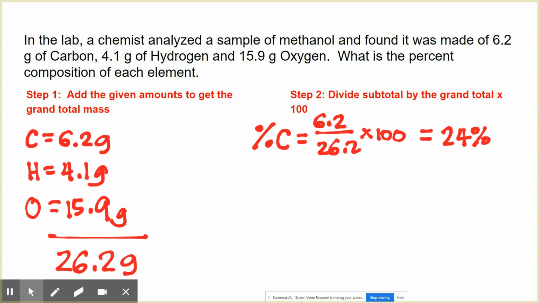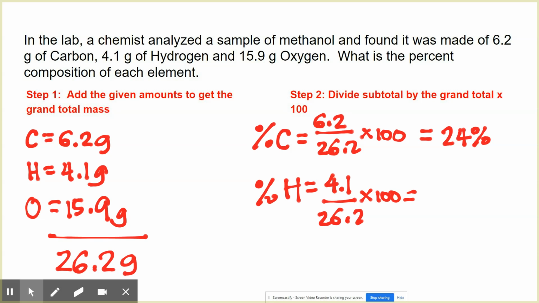Okay, how about percent hydrogen? This would be 4.1 over 26.2 times 100, which is about 15.6%. And finally, percent O is equal to 15.9